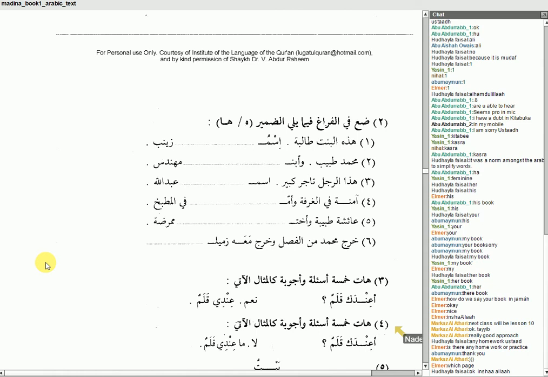So you can go ahead and read in the Quran and try to pick up some of the rules that you have been learning and studying over the last lessons of Madeenah Book 1. It's very, very rich. The Book of Allah subhanahu wa ta'ala is full of guidance, and the language which is being taught in this book, Madeenah Book 1, is the Quranic Arabic. So the language and the examples are actually from the Quran, though we don't know it. We don't realize it. So yeah, go ahead, inshallah, in the Quran and find those examples for different things,